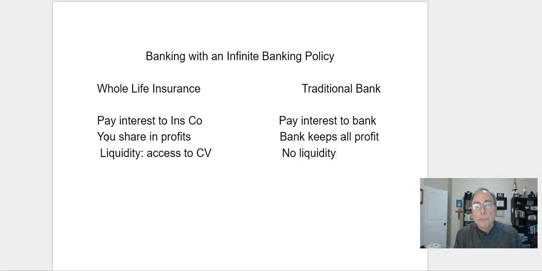In other words, with the bank, when you put that money in a CD for 2 years, you're telling the bank, hey, I'm going to pay this money back in 2 years, because at the end of 2 years that CD comes due. And let's suppose you decide to pay the loan off early. Well, you've got a 2-year CD, and if you take it out before that 2 years, there's going to be an interest penalty on it. So it's not as flexible.